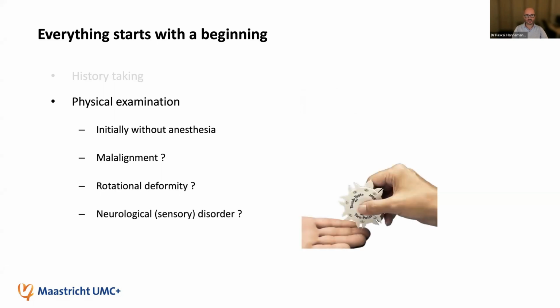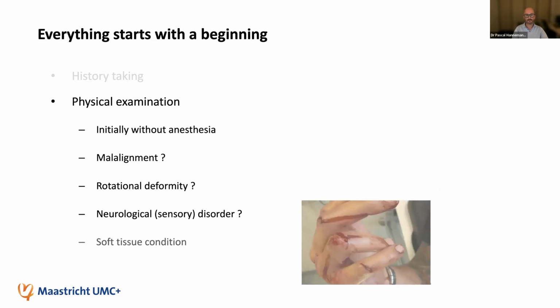Look for that, obviously, and neurological disorder can be very difficult and subtle, but you should make a difference between vital and gnostic sensibility. So a very high quality sensory investigation is important. Not always a 2-point discrimination test, but be aware that subtle problems might not be seen. And soft tissue condition is very important, especially flexor zones 2 and extensor zones 1 to 5 are prone for